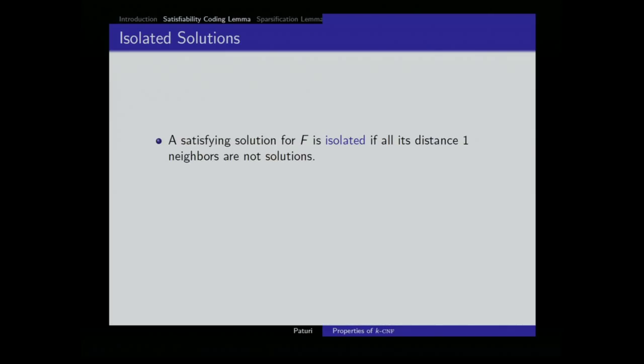We call such solutions isolated: within Hamming distance one, if you flip one of the bits, the corresponding assignment is a false assignment. So what we are asking is: what is the maximum number of isolated solutions that a KCNF has? This is a somewhat general question. If we can get a tight bound on this, then we can get a tight lower bound for parity, by using the top-down argument.